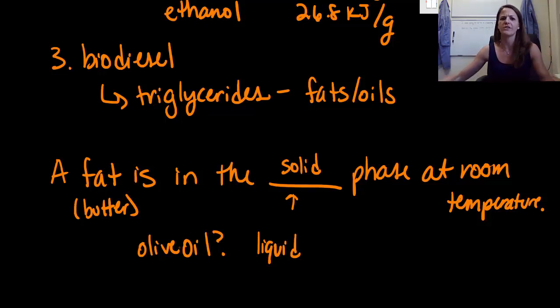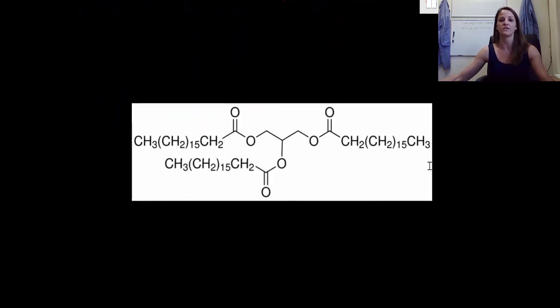All right, now why are we even talking about fats and oils? Well, fats and oils are these molecules called triglycerides. So let's look at a picture of this. This is just an example of a triglyceride, but essentially what we see is that these have very, very long hydrocarbons. So this says 15 carbon chains, so it's just a ton of different carbons at the end having these long hydrocarbon chains, and there's 1, 2, 3 of these chains here. So essentially what we can do is take these triglycerides and break them up into chunks.